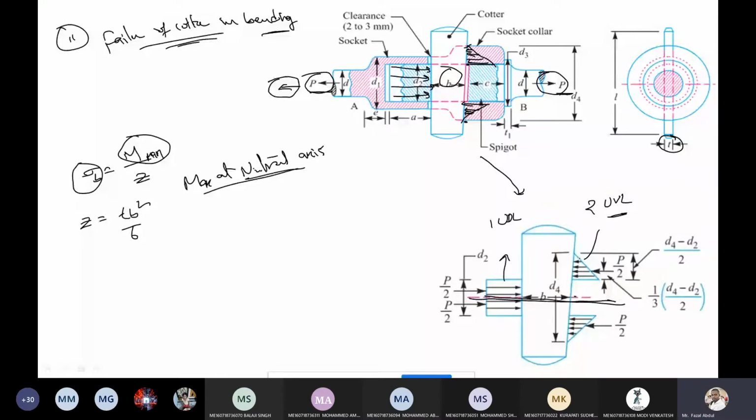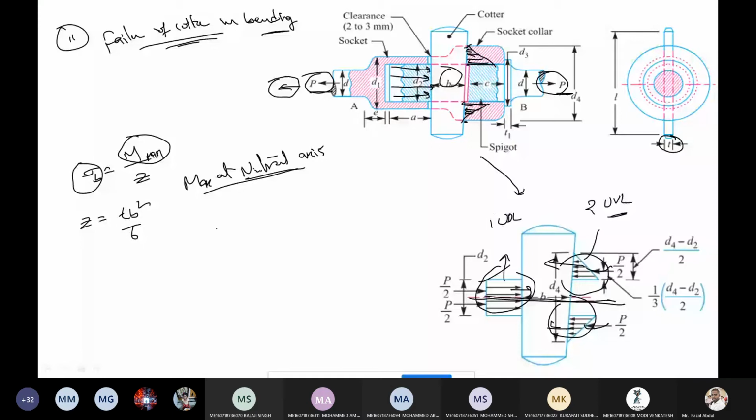Now see here, this is the uniformly varying load. Now this is the uniformly distributed load. From the whole, if you subtract this one, why am I subtracting? These two are acting towards the left. This one is acting towards the right. So that is the reason I'm subtracting the uniformly distributed load bending moment from the uniformly varying load bending moment. Now, what is maximum bending moment for the uniform varying load? Same concept as you discussed in strength of materials will be involved here.